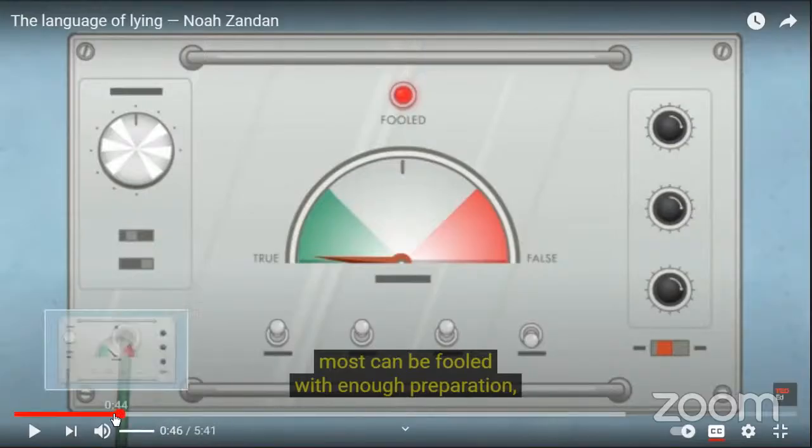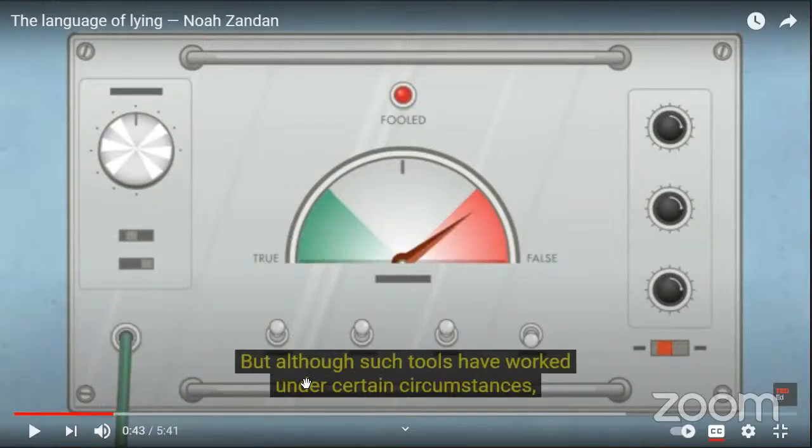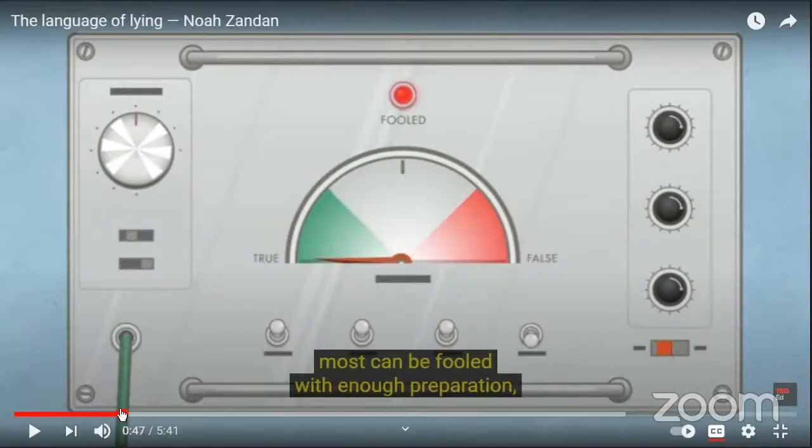Good. So, although it's like aunque, right? But although such tools have worked under certain circumstances, what happens? They don't work 100% of the time correctly. They can be fooled. It means that if you're a person that is prepared, you can fool these machines, right? You can trick these machines. It means that you're going to lie, but you're going to control your breathing. You're going to control your eyes. You're going to control the way you feel, and the machine is not going to detect that you are lying,